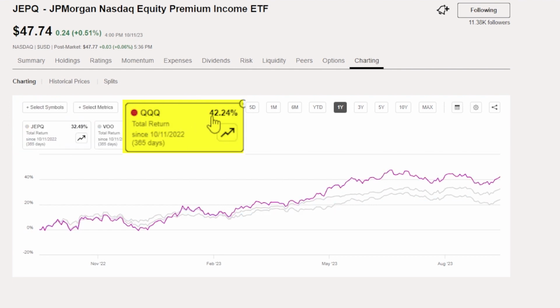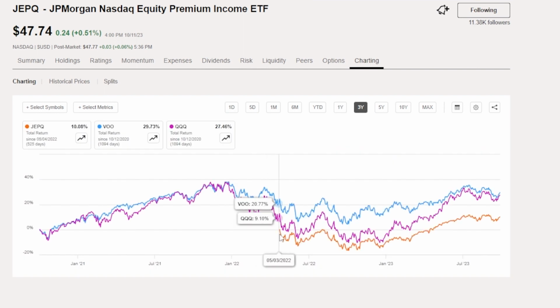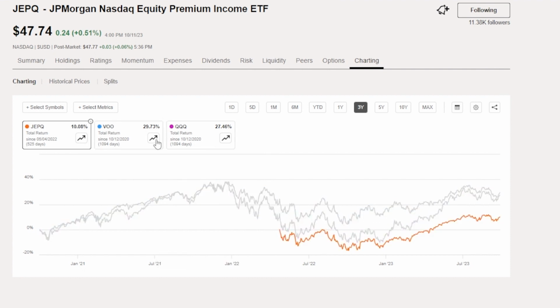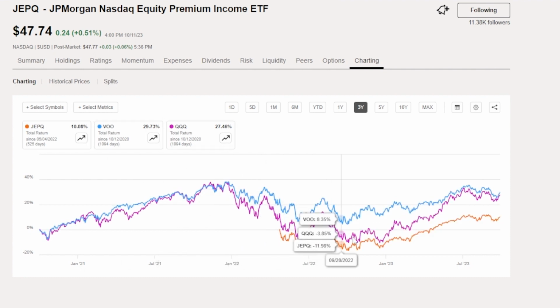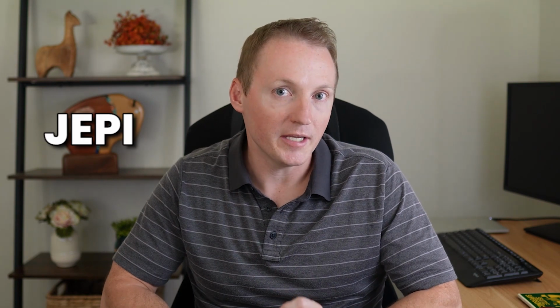QQQ is up 42% in that time frame, and we can't look at 3-year. JEPQ was only around since May of 2022, so this won't tell us much because we're not comparing apples to apples. It's still a relatively new fund, but I have nothing but positive vibes about this one moving forward. Promising future. I think that JEPQ has a bright future, and I like it better than its older brother JEPI,